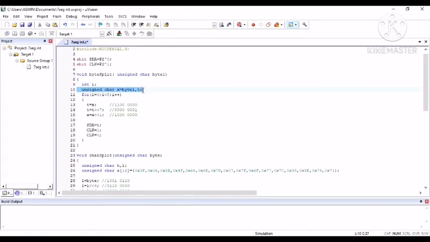So the value which was stored into byte 1 is then assigned to X, and another variable T is also given. Coming into the for loop, i = 0; i < 8; i++. So this loop will be rotating almost 7 times, and inside the loop T is equal to X.